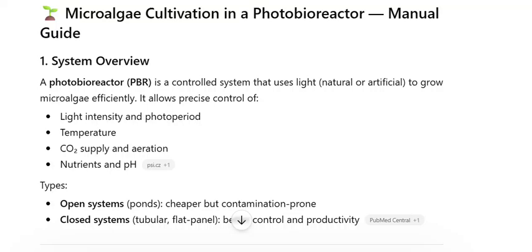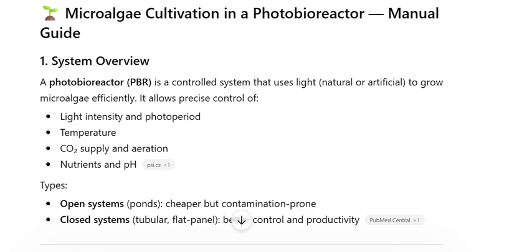From this YouTube video, today I'm going to let you know about microalgae cultivation in a photobioreactor system. This will be a manual guide so that you can take assistance of this for cultivation of microalgae in a closed reactor system. A photobioreactor is a controlled system that uses light, either natural or artificial, so that microalgae can grow